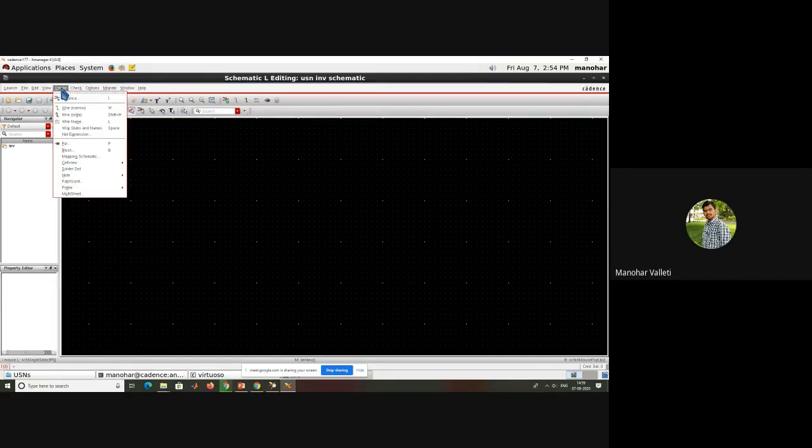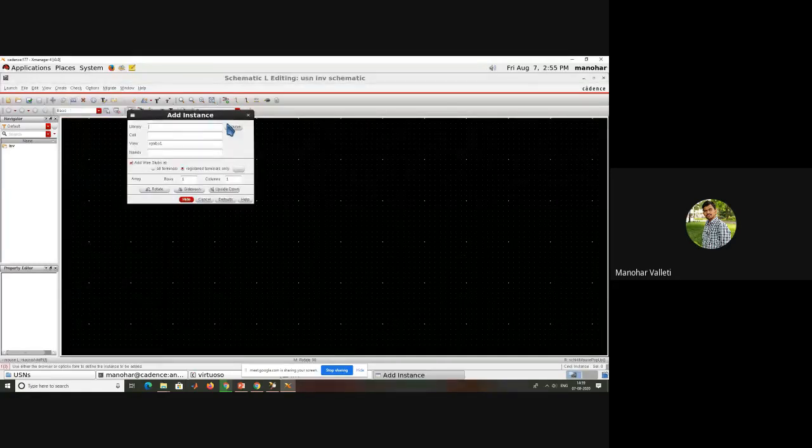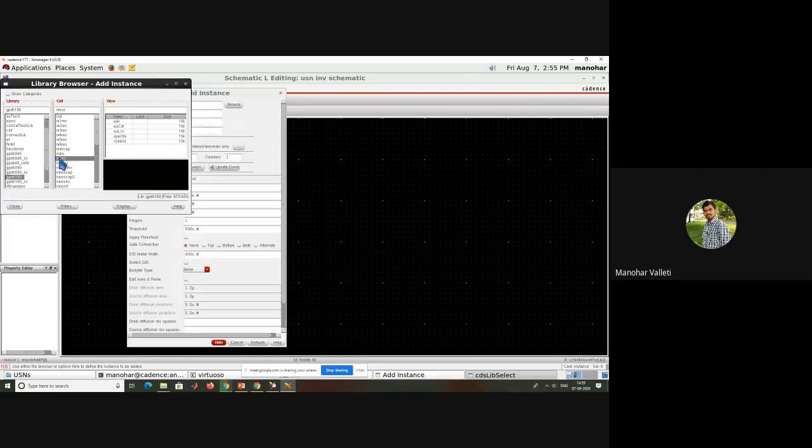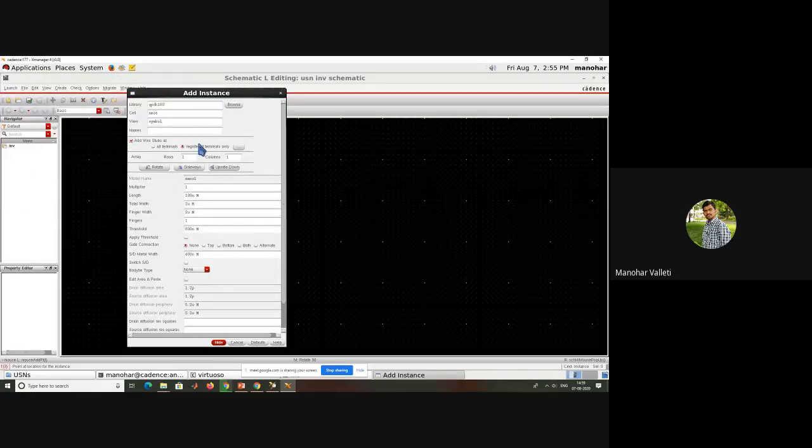So first I want to connect here PMOS and NMOS, right. I want to connect inverter circuit. For that I need NMOS and PMOS. For that you need to go create instance, shortcut is I, instance. Where NMOS and PMOS will be there, you need to know that. In which library? It is there in 180 nanometer GPDK 180. So I need to select NMOS symbol, double click here, automatically that NMOS edit window will come.